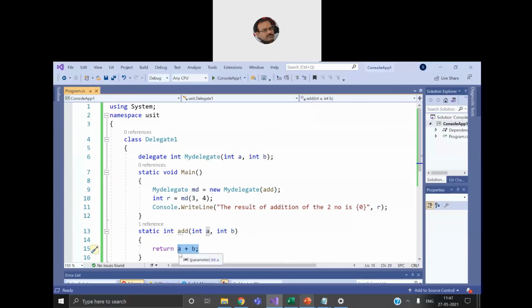Now here our integer variable r is ready, and then the value comes and gets stored here. The final value is 7 after the addition of two numbers, and we are able to display it back to the user by writing a Console.WriteLine statement. The result of the addition of two numbers is, then the placeholder 0 within the curly braces, and then the name of the integer variable, which is r.